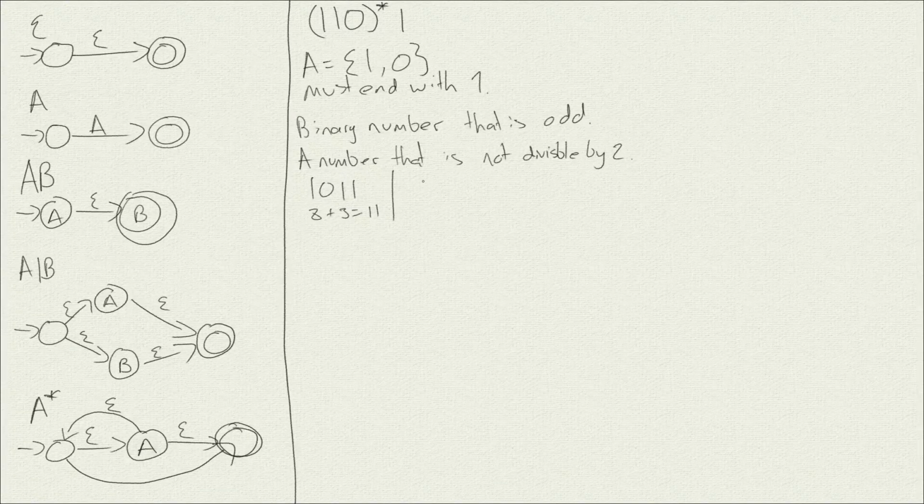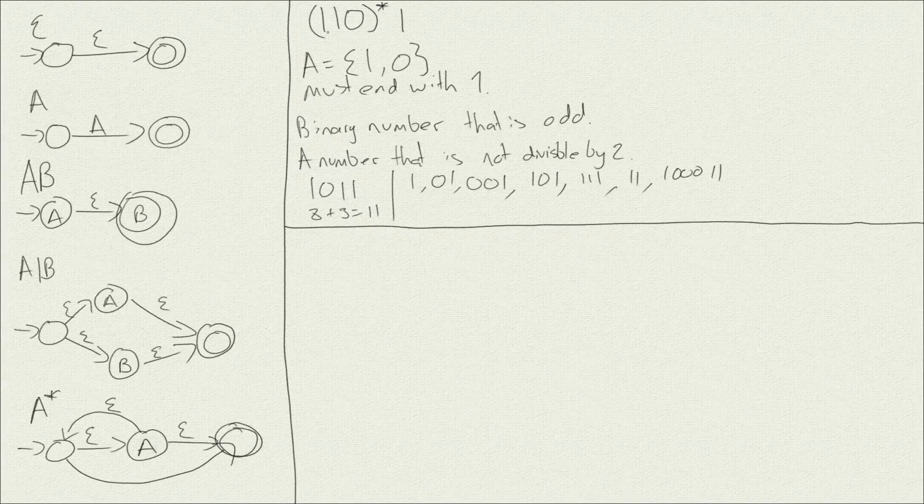So what does our finite state machine accept? It accepts 1, 0, 1, and things like 1, 0, 0, 1, 1, 0, 1, 1, 1, 1, 1, 1, 1, 0, 0, 0, 0, 1, 1. So it accepts odd numbers, I'm pretty sure. I might be wrong, but the focus is